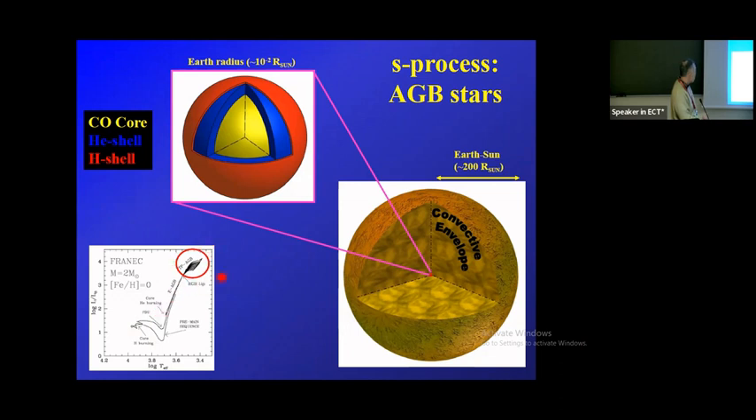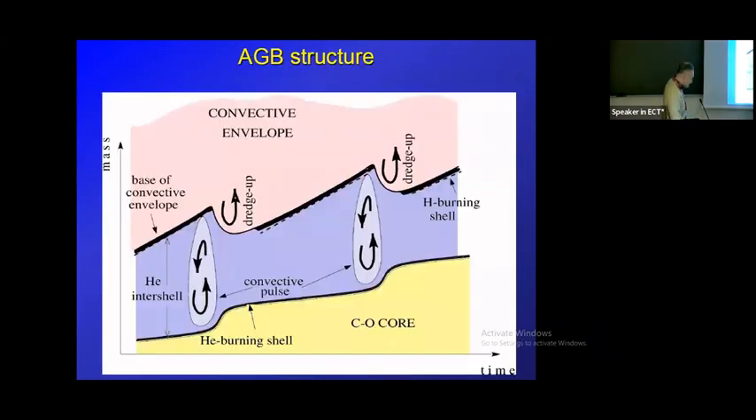And as soon as you develop a carbon-oxygen partially degenerate core, this core is surrounded by a helium burning shell and a hydrogen burning shell. This core is embedded in an extremely cool and expanded convective envelope. During this phase, basically, the luminosity is mainly provided by the hydrogen burning shell, but at a certain point,